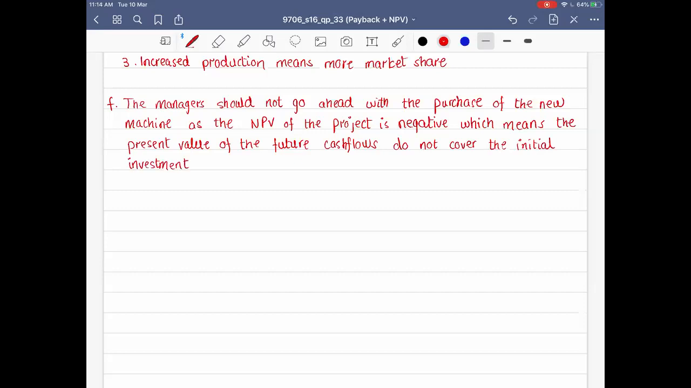The payback period is also approximately equal to the project life. दो मार्क्स का आंसर है, दो रीजंस देने हैं। पहला रीजन दिया कि उसका एनपीवी नेगेटिव है और दूसरा रीजन दिया कि उसका पे बैक पीरियड उसकी लाइफ के इक्वल है। तो वेरी सिंपल क्वेश्चन।